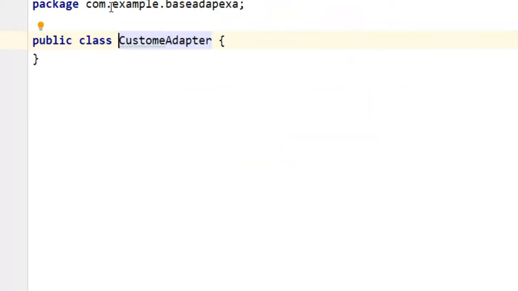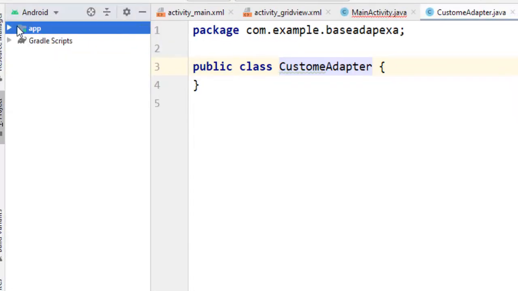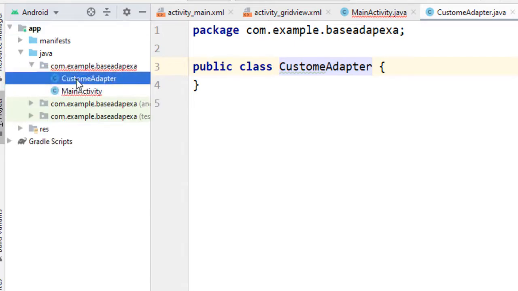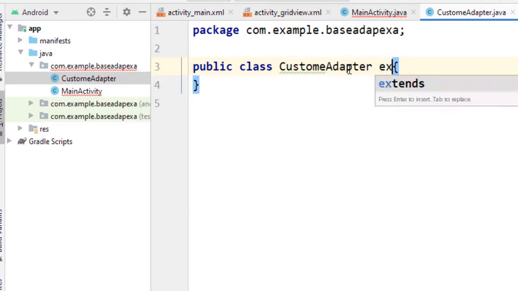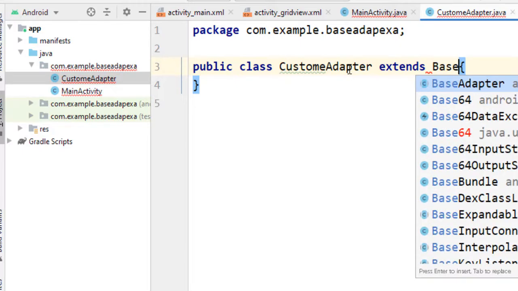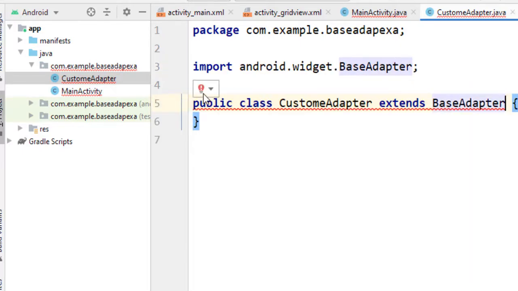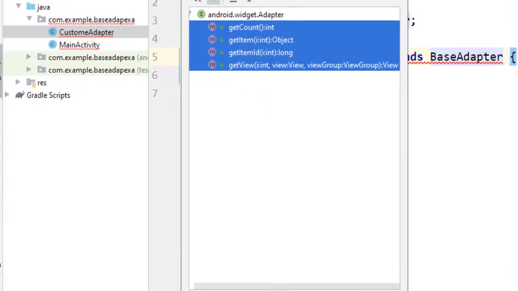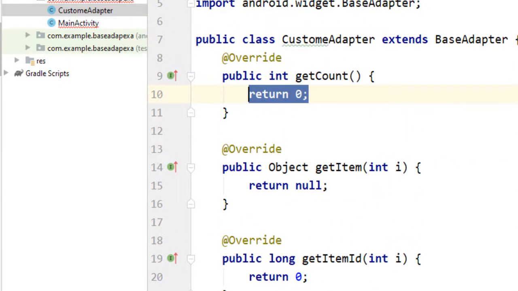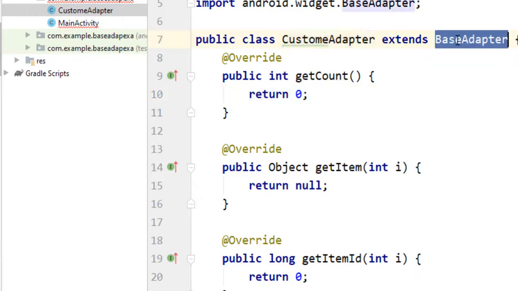So it is going to create your base adapter under the Java resources package. You may see here, this is your custom adapter and it is created here. We are going to use custom adapter extending from base adapter, and base adapter always needs to implement methods. So we are going to implement those existing methods, and now it is correctly displayed here. Please understand this part first of all. So we already created the custom adapter class with the base adapter extension.